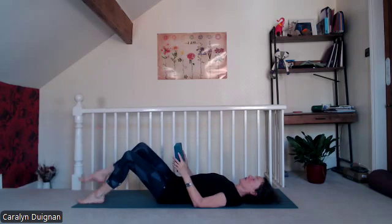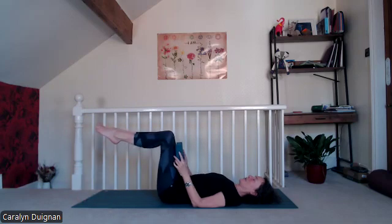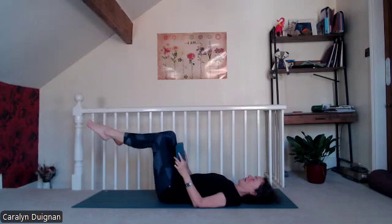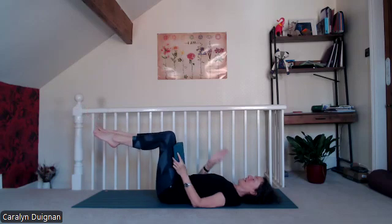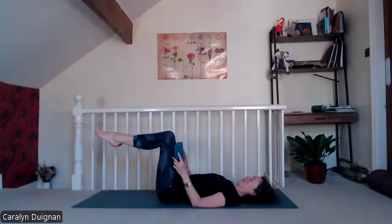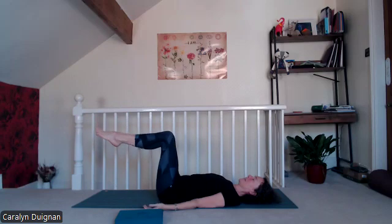You can stay with the singles or one leg to tabletop. Brace, bring your other leg up, tummy muscles working again, and alternate your legs. So one goes away at an angle and then back, and then the other one. As you take your foot away, the foot, the knee, the hip, and the shoulder are all in the same line. It's just a kink where the hip flexors are. Brilliant. If you're happy with your tabletop, you can put your block away, have your hands back down on the mat,